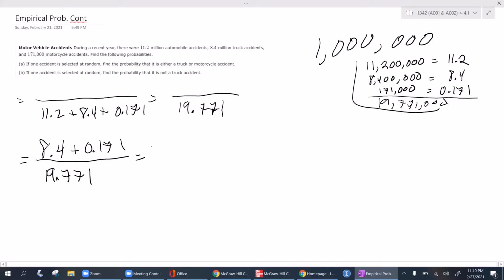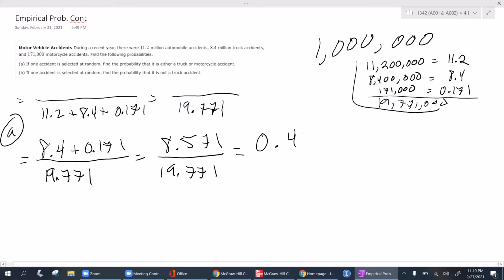What does that give me? This gives me 8.571 divided by 19.771, which is 0.434